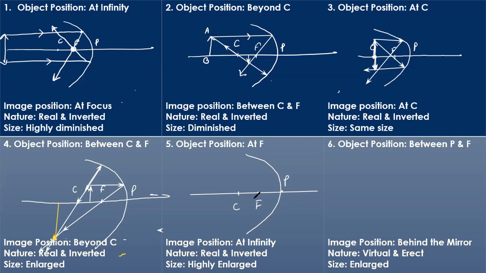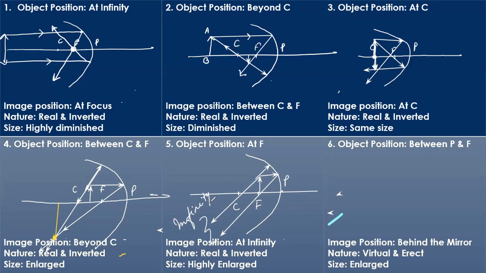Okay, so now keep it, this was the position at focus. Now this is at focus, one ray parallel passing through focus, another ray directed towards center of curvature, which is being parallel. Okay, so now where are these? I have told you where the parallel rays always come from. Parallel rays always come from infinity. So the image is formed at infinity. Images formed at infinity are always highly enlarged. We cannot see them, and it is formed in front of the mirror, so that's why it's real and inverted.